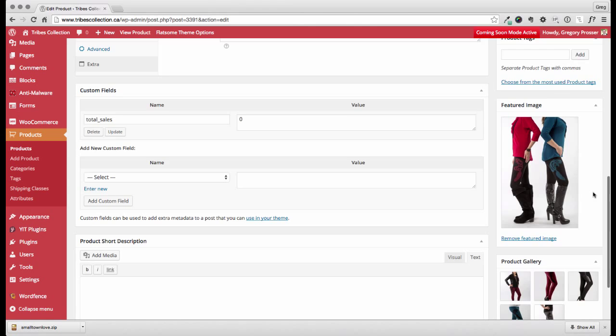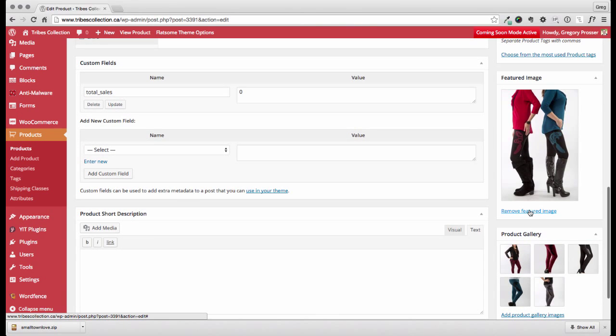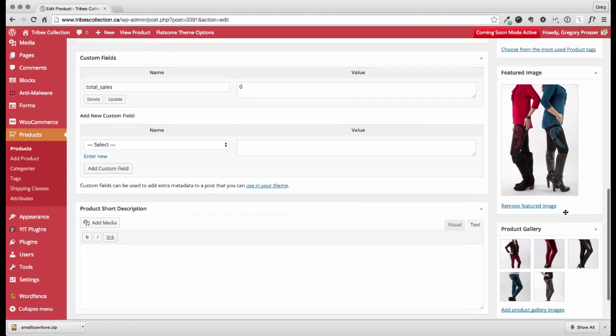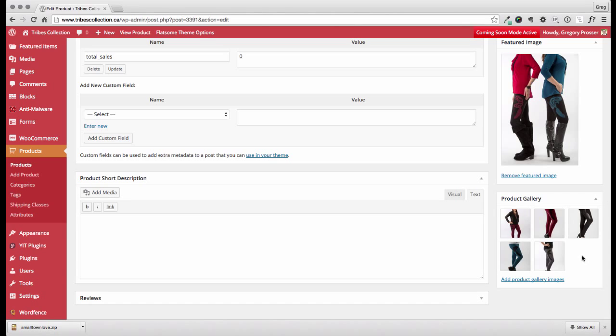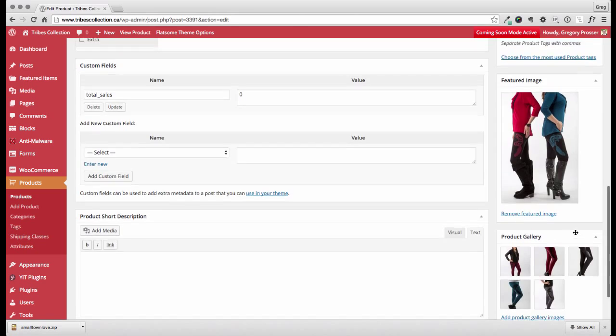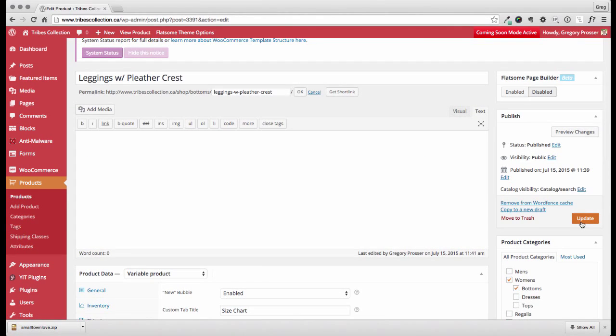For the images, if we want to change, we can remove the featured image, and then we have the option to select from the existing, and we can actually upload at that time. With the product gallery, so these are the extra images, we can delete any of the ones that we don't want right here, and then we can add product gallery images, which when you click on it opens up the media tab so you can see all the existing images that are uploaded, and you have the option to upload some more and add those to this area as well. The important thing afterwards is to always use that update